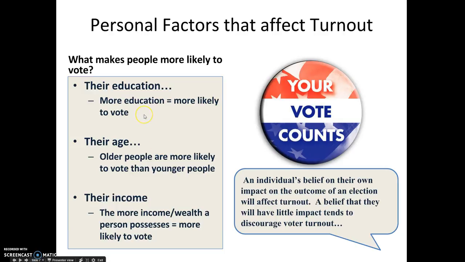People who are more educated are more likely to vote. This is just a fact that's backed up with statistics. Also, people who are older are more likely to show up than younger people. Younger voters, people who are 18 years old or in their 20s or early 30s, are notorious for not showing up on election day and voting. And this is a trend that may be changing, but if you look back at the patterns over the last several decades, young people don't show up to vote as much as older people do.